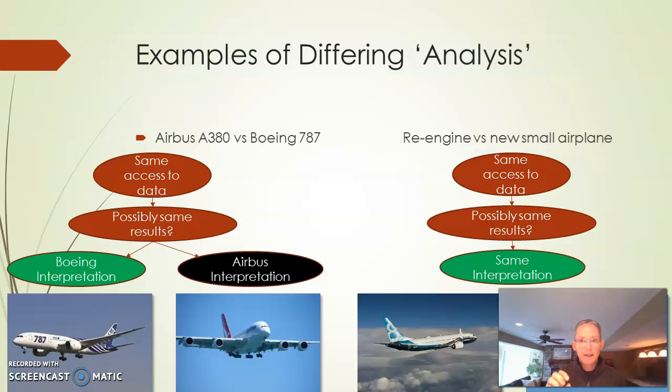And I put this example up to talk about the late 90s, early 2000s, when Airbus and Boeing, the duopoly of giant airframe deliverers, were looking at what they should go invest billions of dollars in. They looked at the same data from passengers. They looked at how do you make decisions about investment, and they came up with very different interpretations. In this case, the Boeing interpretation was to build a fuel-efficient plane. The Airbus interpretation was to build a very large one that could manage these hubs. Boeing was correct in that particular case. They made the right decisions based on their understanding of the environment, not just on the data that came through.